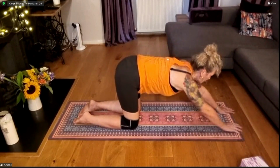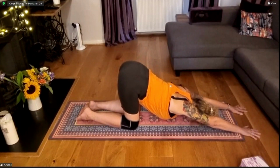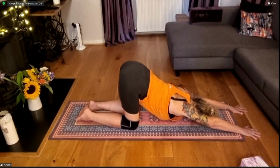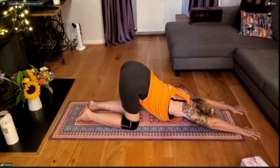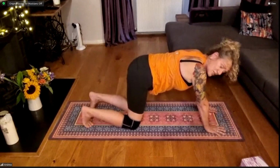Pad the hands forward as far as they will go. Lower your forehead, your chest down in puppy dog pose. So hips are over knees, forehead on the mat. Just sink your chest down. Don't hold your breath. Keep breathing here. Try and relax the tops of the shoulders. Hard in this pose, I know. And then lifting your head, walk your hands to the top of the mat, tuck the toes, and we're going